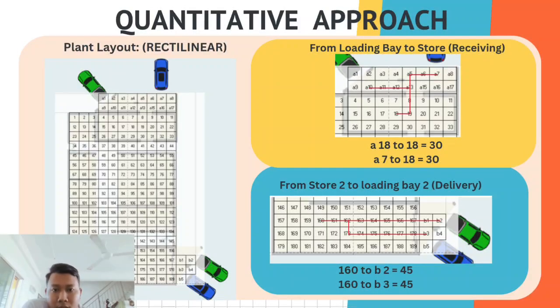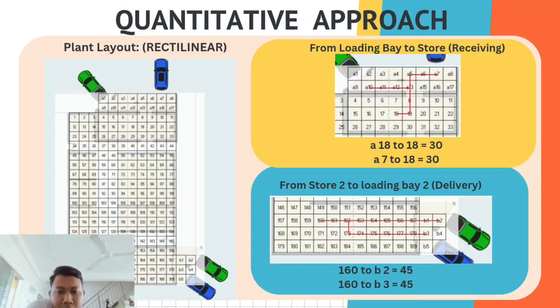So for the quantitative approach, we need to measure the distance of the critical component, maybe from the store and from the loading bay to store, and from the plan out. We transfer it from the plan out to the cleaning form, and from that we can calculate the distance from one point to another point. So from the vector uniform, you can see here